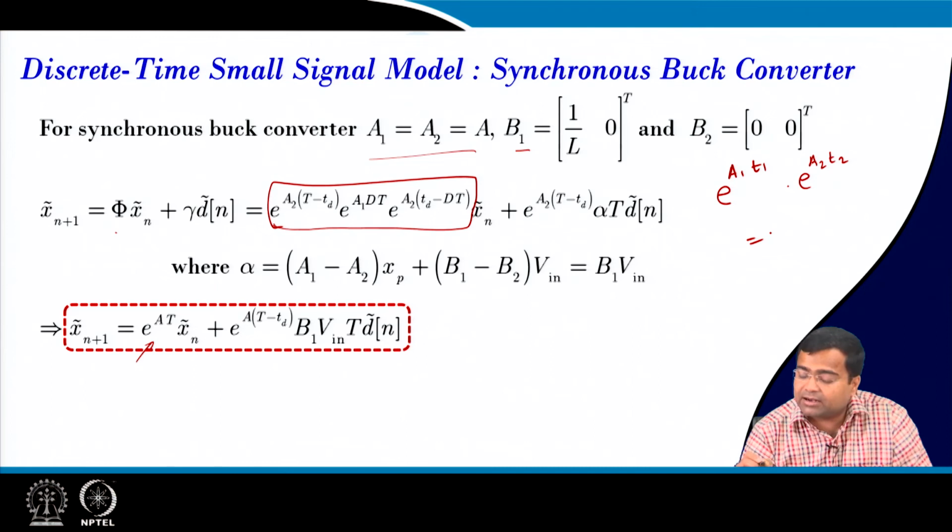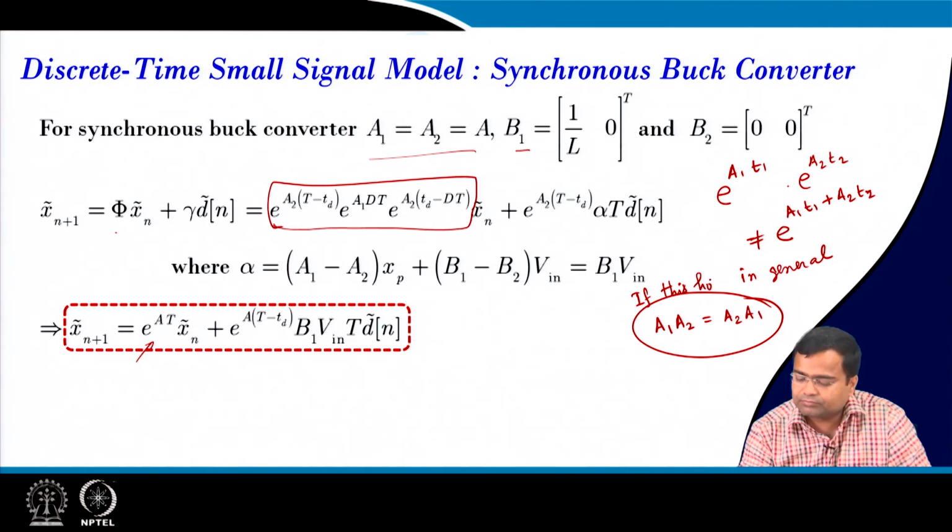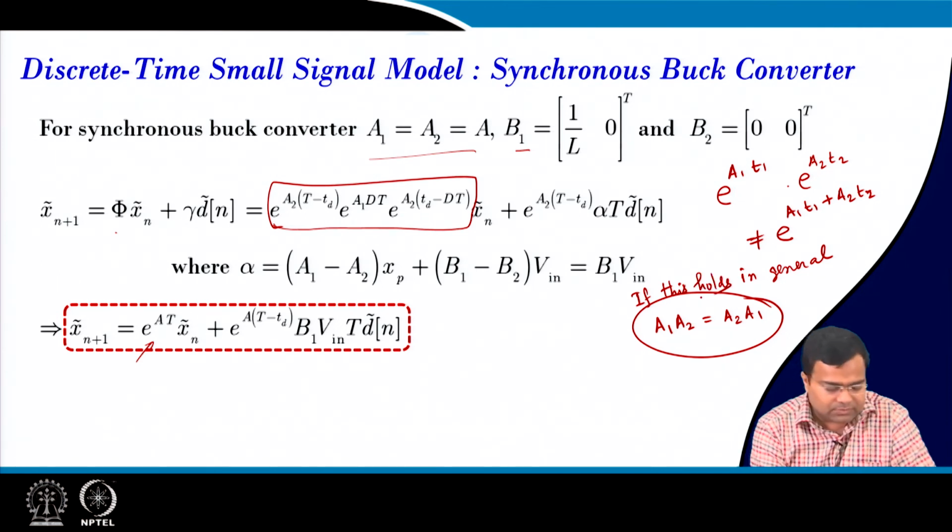In general it is not equal to e to the power A1 T1 plus A2 T2. Where will it happen? If the matrix satisfies this property, if this holds,